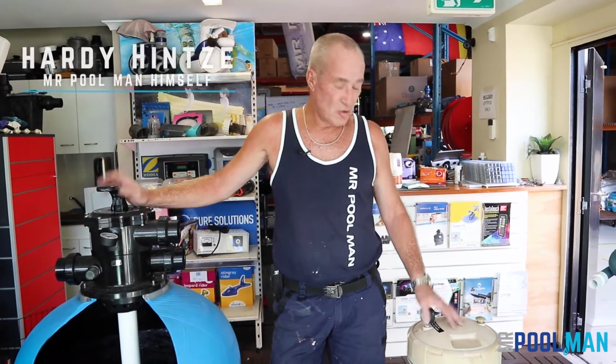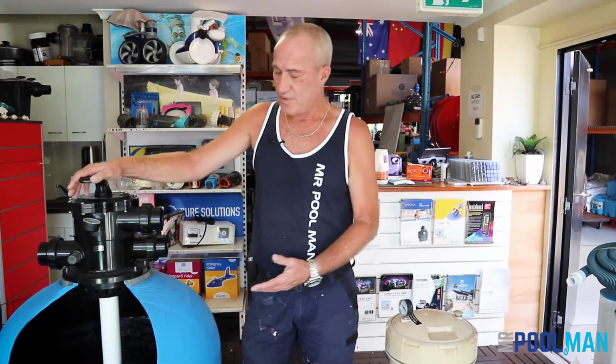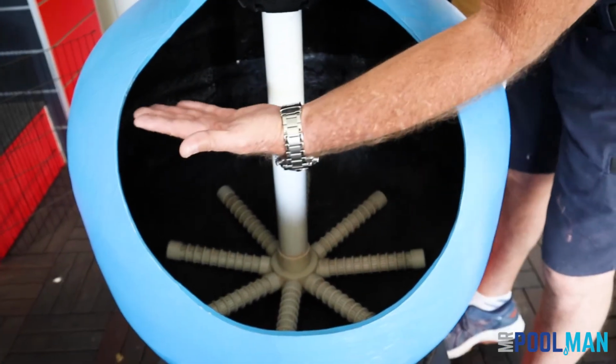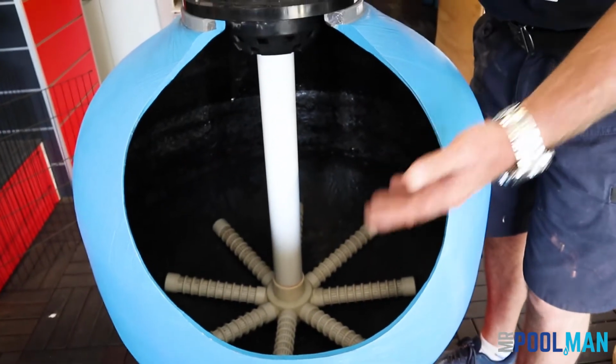Poolman. Look, we have a lot of people asking basically what the difference is between a sand filter and a cartridge filter. Very briefly here on a sand filter, we've actually done a cutout just to show you the laterals in the sand. You'll find that the sand is mostly filled up about 3/4 full, and that allows the water